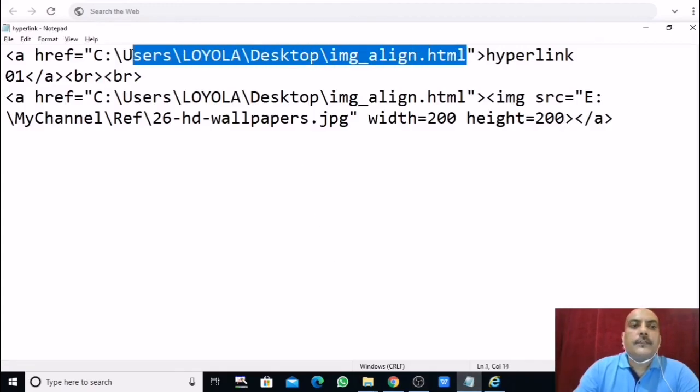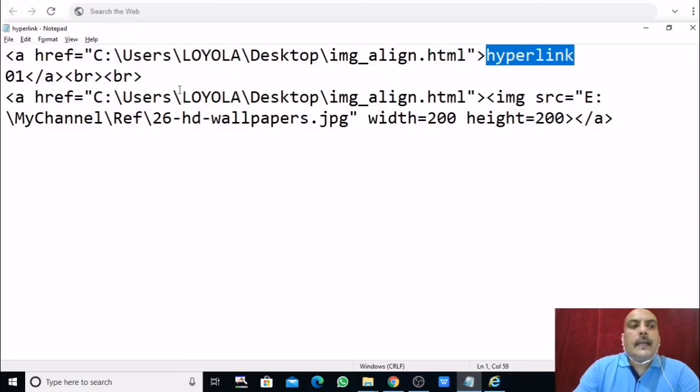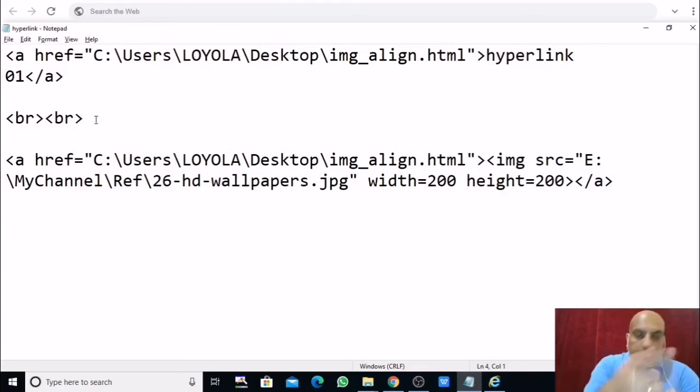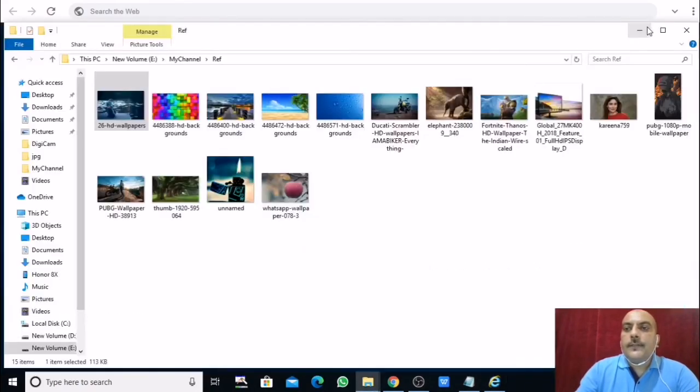First the file is defined, then the text is given the hyperlink, and then we end with the a tag. So it is opening this document. And in the second situation, here a href is given, again the same file. Now I am changing it from that file to some other file.